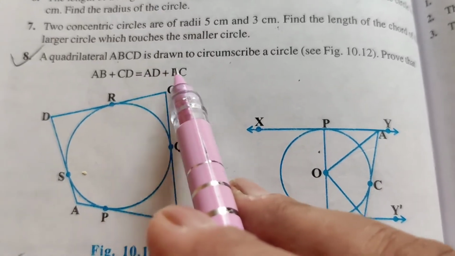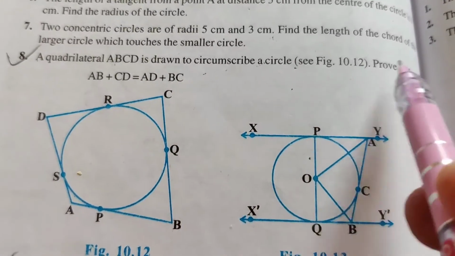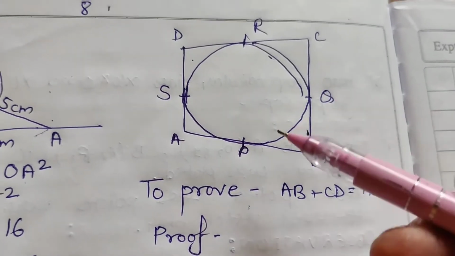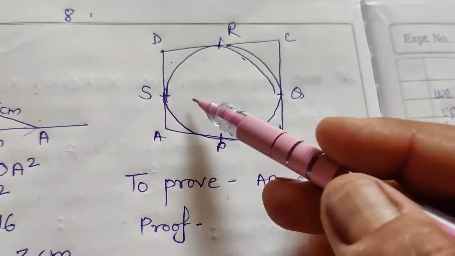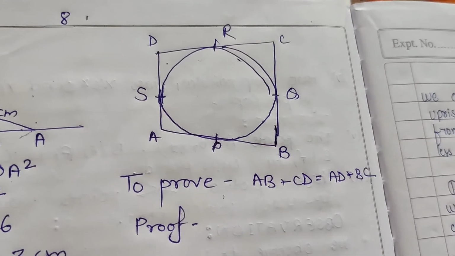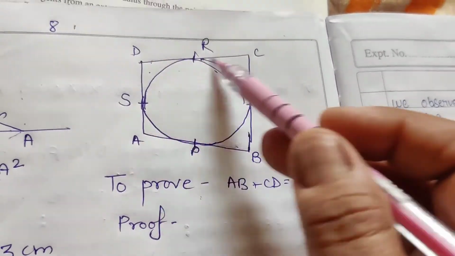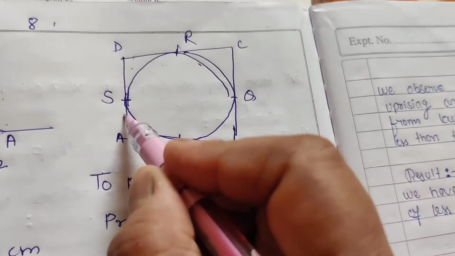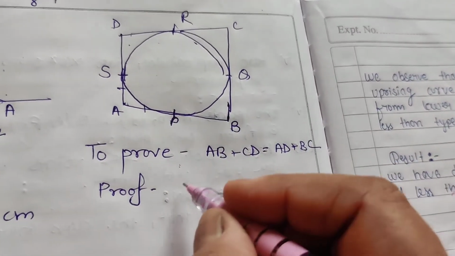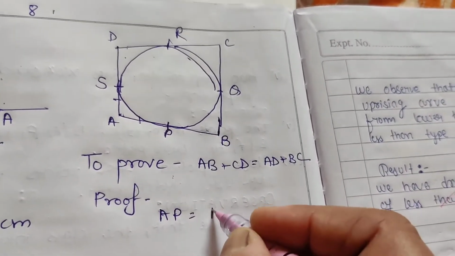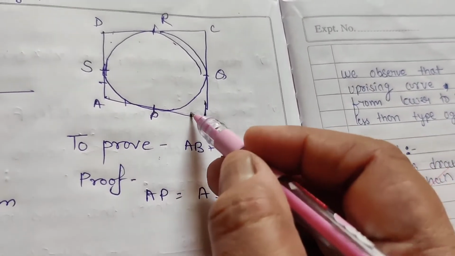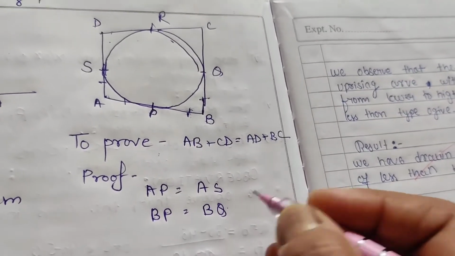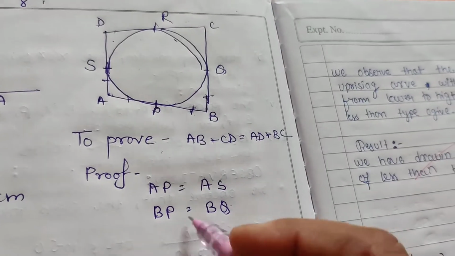A quadrilateral ABCD is drawn to circumscribe a circle. Prove that AB plus CD equals AD plus BC. This is the figure of question number 8. ABCD is a quadrilateral. P, Q, R, S are the points of contact. We have to prove that AB plus CD equals AD plus BC. We know that the lengths of tangents from any external point are equal. It means AP equals AS, BP equals BQ, CR equals CQ,